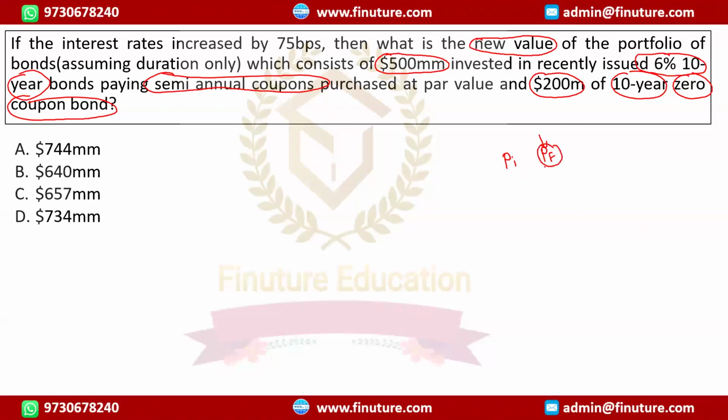If you have been asked what is the change, then you will just take a difference, portfolio final minus initial. So just highlighting a few of the traps that you may get in your exam. Current situation is this: you have a fixed income portfolio, one bond is coupon bearing, paying 6% semi-annual, a 10-year bond, and another one is a zero coupon 10-year bond. So this is the situation, and you have been asked what is the new portfolio if your delta Y is 75